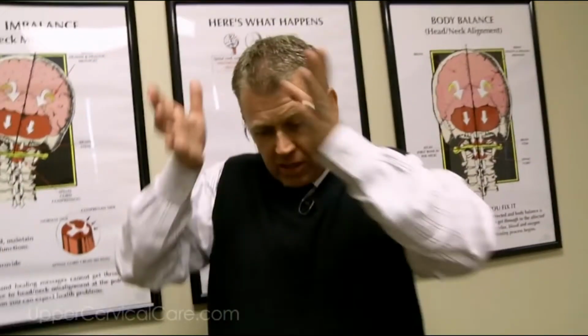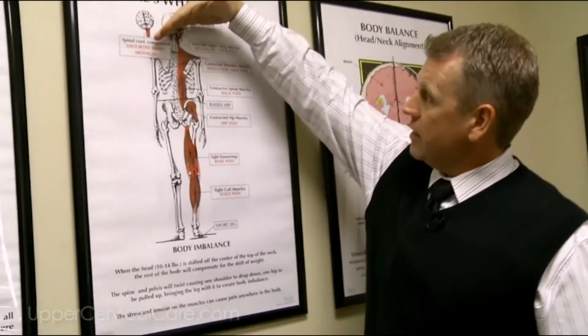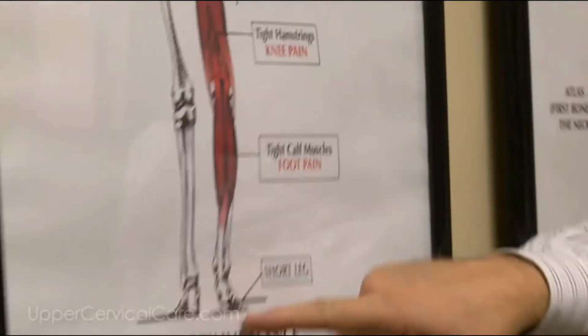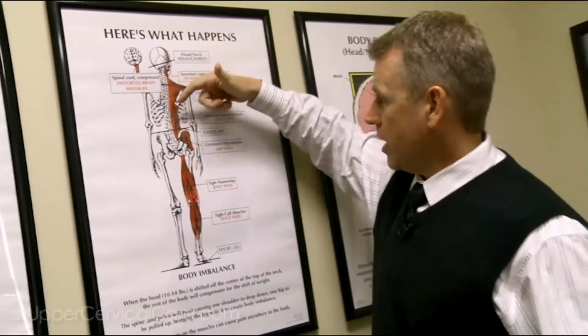Well, what will happen as a result of that is, let's say the bone goes this way, causing the head to get out of line or lean over to one side. Well, as I said, the brain doesn't work right like that. So to compensate for that, it might cause you to pull down one shoulder, which will throw your weight off to one side. So to balance that, it'll cause you to pull up one hip. That swings your body back over towards an even line of gravity. But in the meantime, it causes these